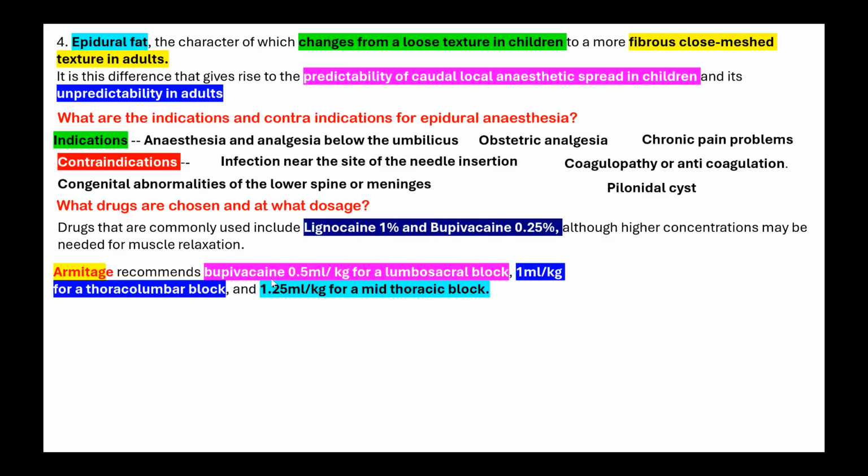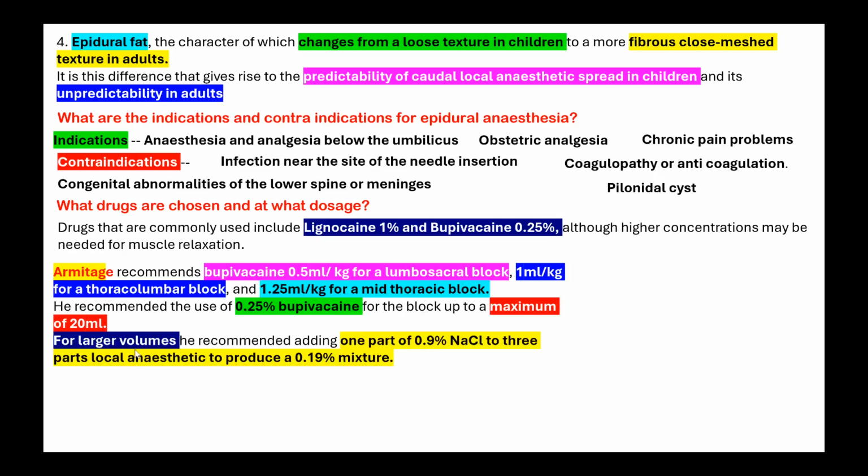Now, the Armitage formula for usage in children is 0.5 ml per kg for lumbosacral block, 1 ml per kg for thoracolumbar block, and 1.25 ml per kg for mid-thoracic block, but the concentration should be reduced to less than 0.25%. So he recommends 0.25% bupivacaine for block up to a maximum usage of 20 ml based on the body weight. If you want to use the drug for a higher block like mid-thoracic, you have to use a larger volume, but you reduce the percentage by adding one part of